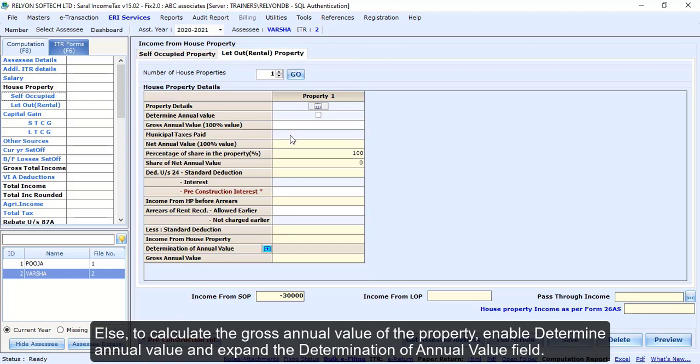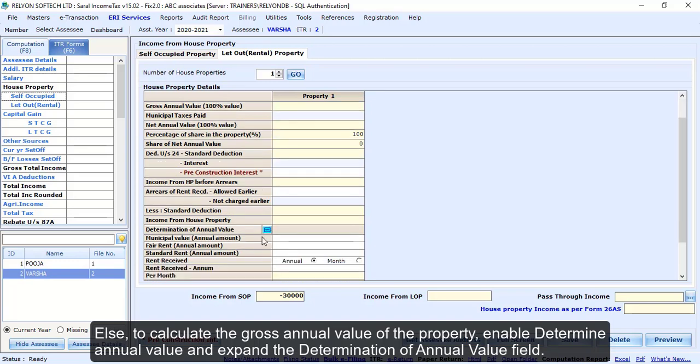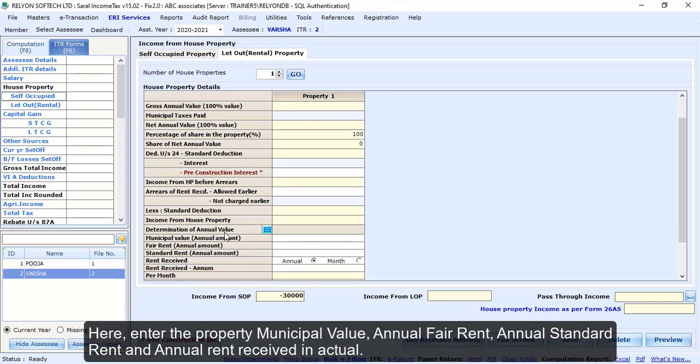Else, to calculate the gross annual value of the property, enable determine annual value and expand the determination of annual value field. Here enter the property municipal value, annual fair rent, annual standard rent and annual rent received in actual.